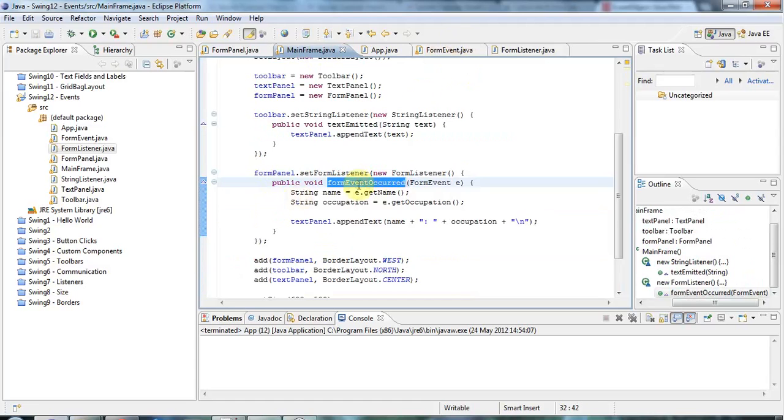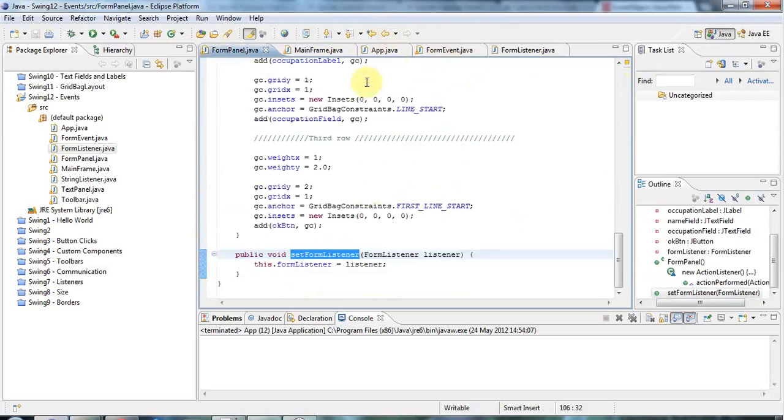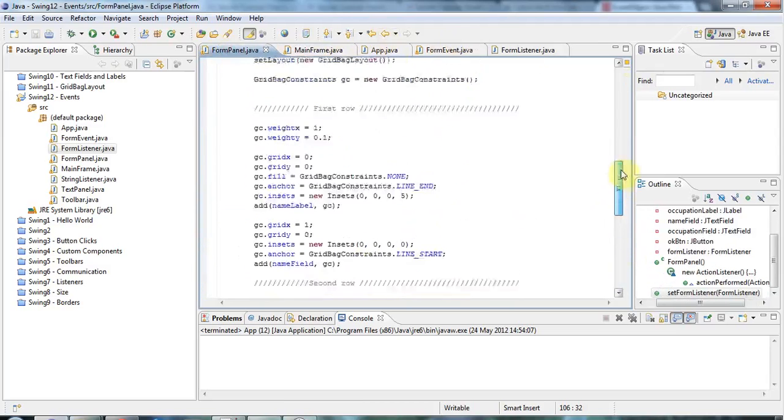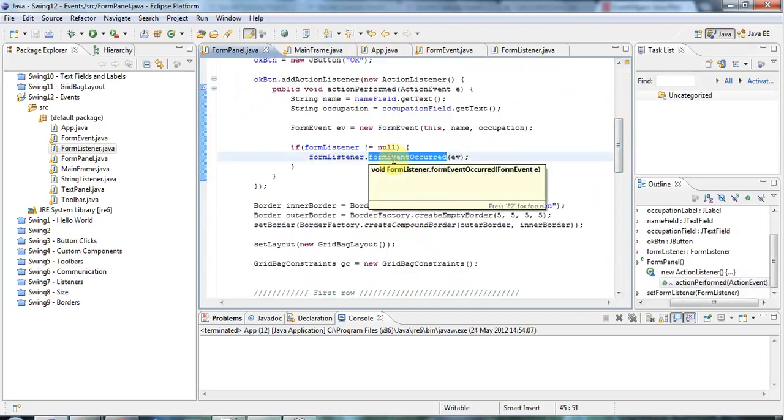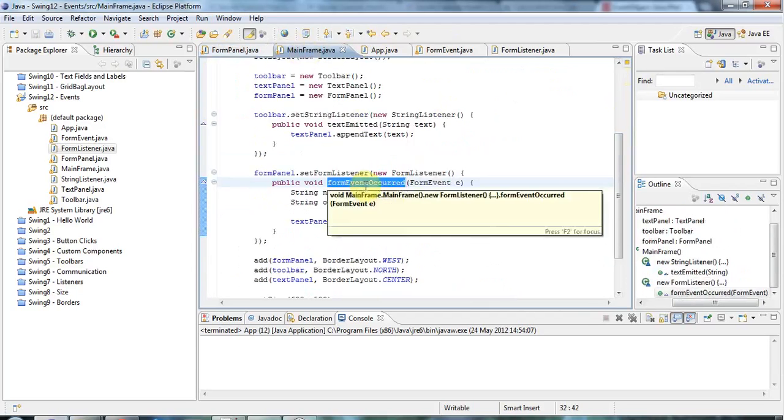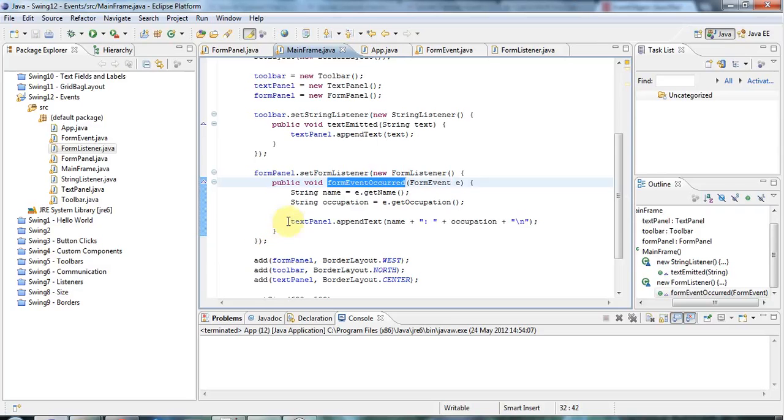It has a method that will be called by the form panel when a form event occurs. So the form panel calls that form event occurred method. So this here is calling this method here, and then this is within mainframe,